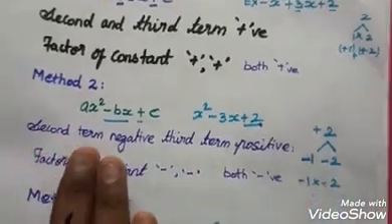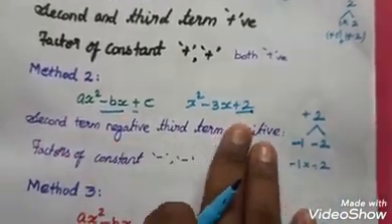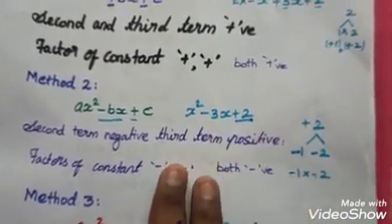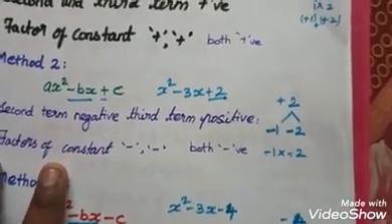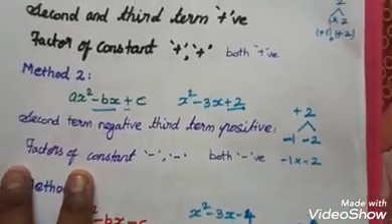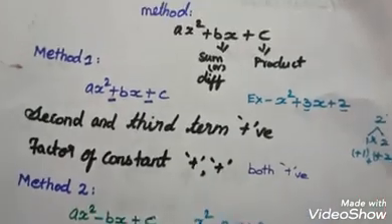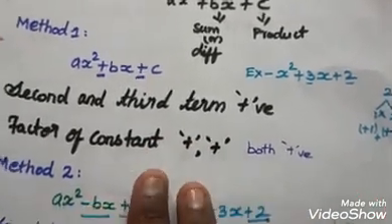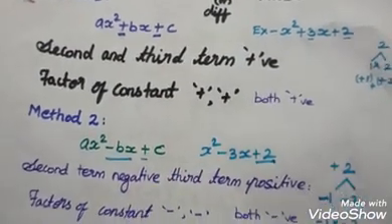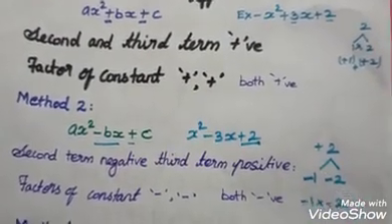By using this type of method, easily you find out whether both are positive or both are negative, or which one has positive and which one has negative, and what is the factor. So this is a very easy method. Because of that, you have to learn these methods carefully. You have to know these conditions. It's very easy to find out the factor by the splitting method.